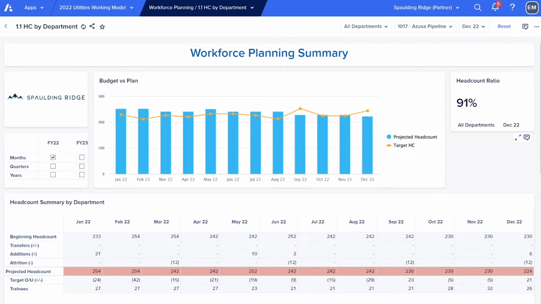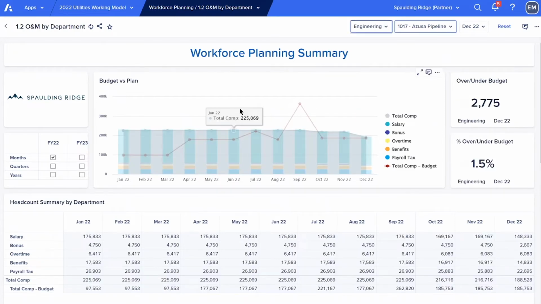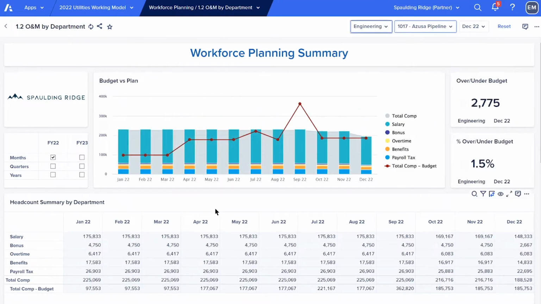All right, so the next group I want to transition us to is the shoes of our finance organization. So our finance organization is going to be looking at those heads as they are concerned in the dollars, right? So here, same source of information, same historical actuals in our people. We're going to take in different aspects of those people, like salary, their bonus, their overtime that they're getting paid, the benefits, payroll tax, to a fully loaded rate here of total compensation.